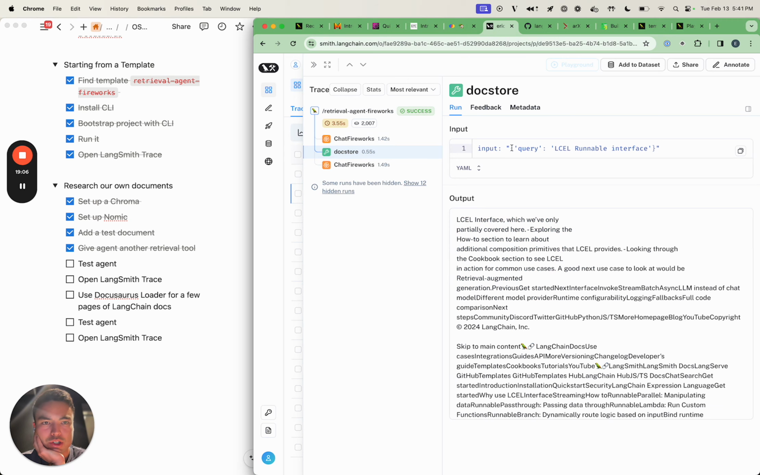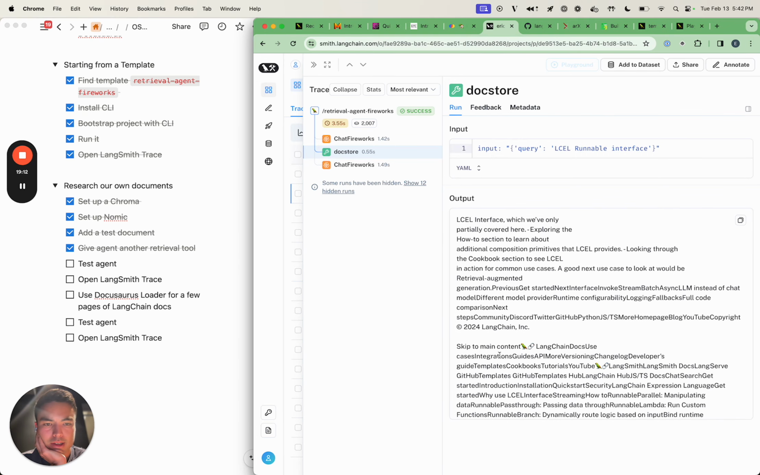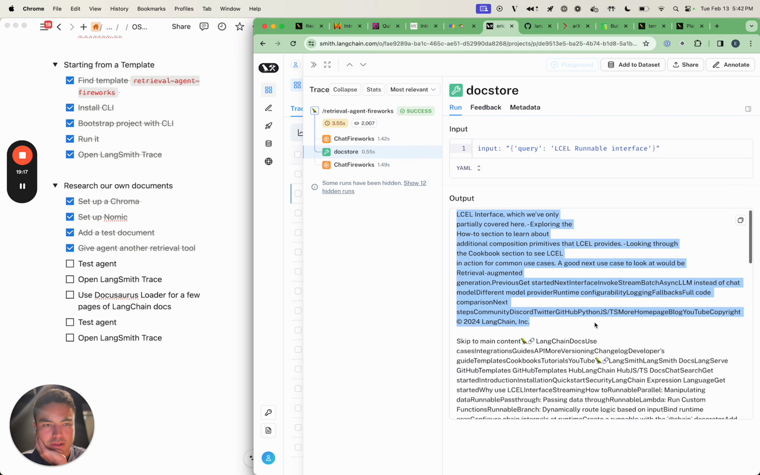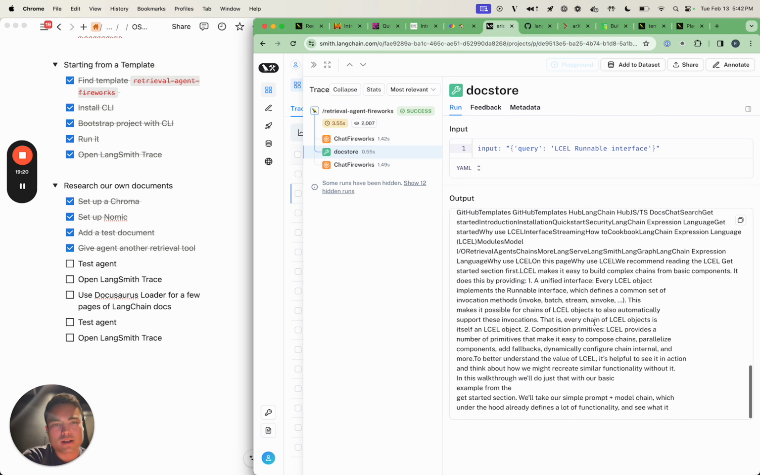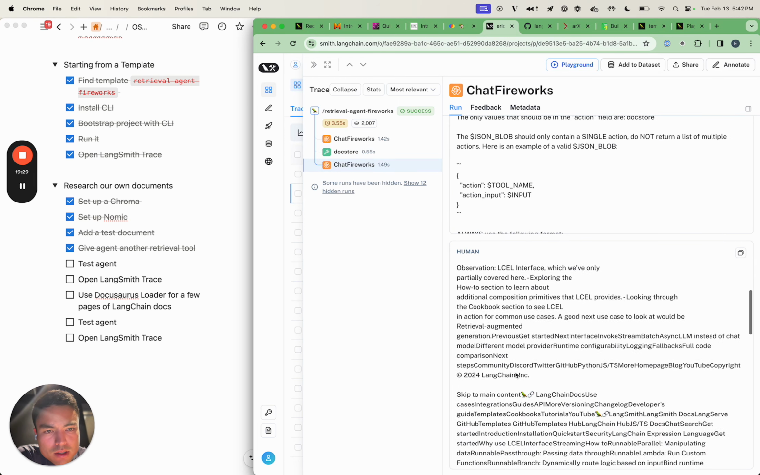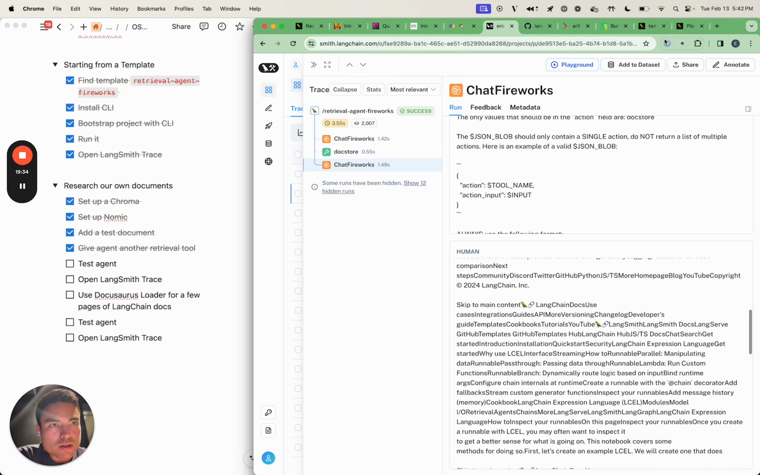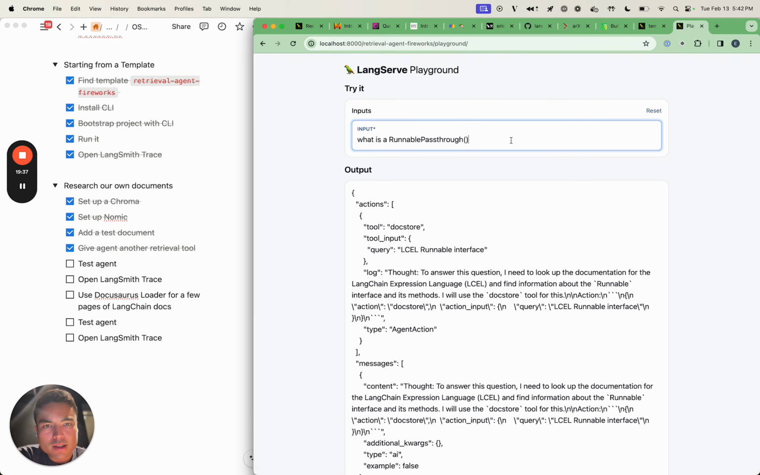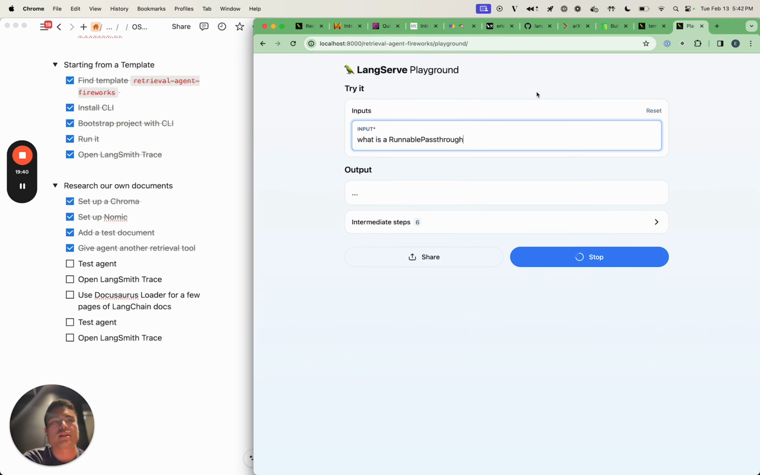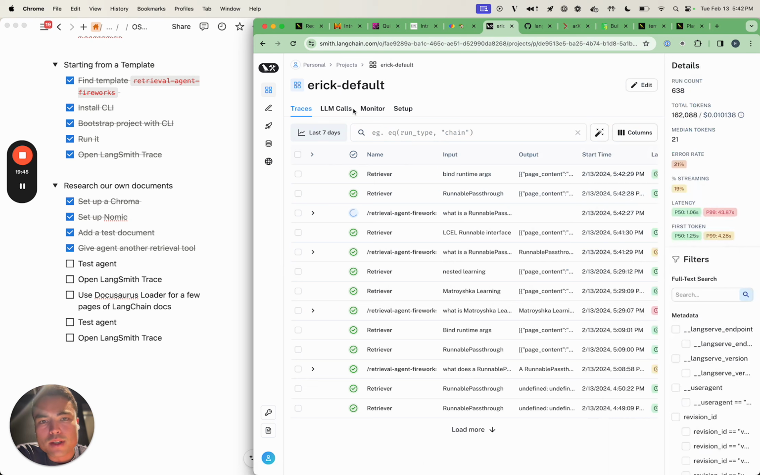We can see which chunks of documents it actually retrieved here. And it looks like it got some sidebar. I actually don't even see a runnable pass-through mentioned in that one, and mostly sidebar. So it may have hallucinated that. Let's actually try without the parentheses and see if it grabs anything different. So we can look at this run,